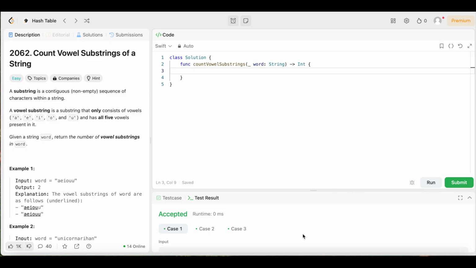All right, y'all, we're back again. Another day, another LeetCode problem where we're doing daily LeetCode problems. And today we have question number 2062, count vowel substrings of a string. The difficulty level is easy, so you already know we're going to keep the solution as simple and easy to